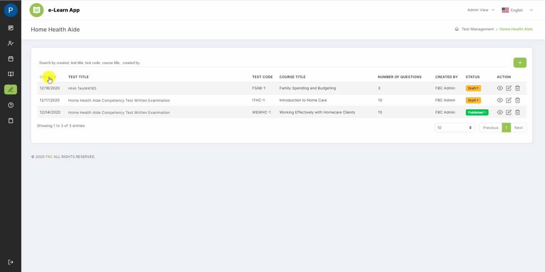On the test list screen, we see the created date, the test title, the test code, the course associated with this test, a number of questions inside this particular test, created by, the status for each course, and a couple of action buttons. Here also, similar to course management, you can add a new test by using this button. You can view a test by using this button, you can edit a test by using this button, and you can